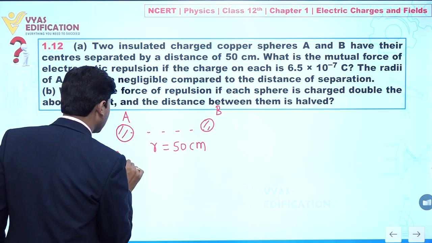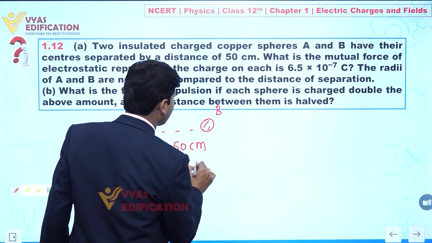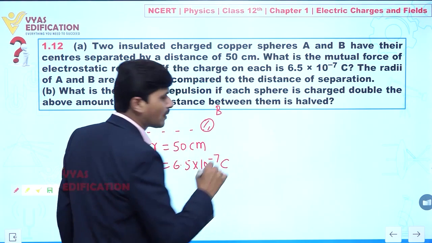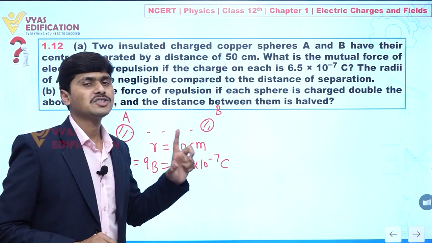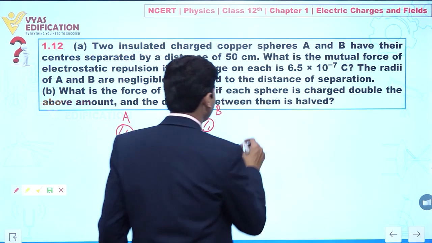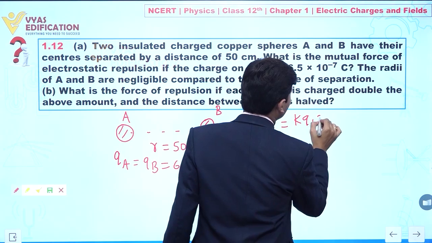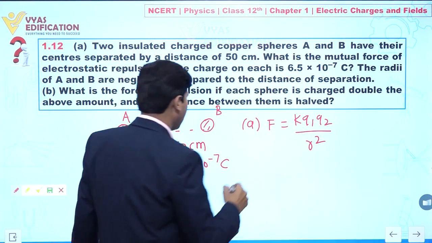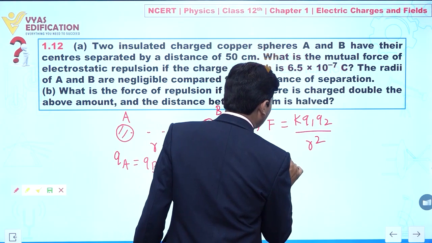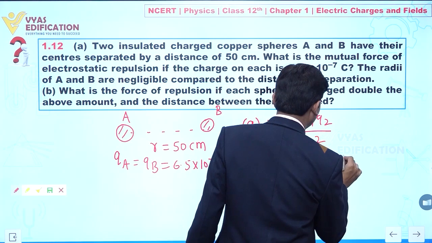The charge is given to you: QA equal to QB, 6.5 into 10 to the power minus 7 coulomb. Our objective here is to find the electrostatic repulsion acting between two charges. So F we can write as KQ1Q2 divided by R square. The value of K we know, 9 into 10 to the power 9, into 6.5 into